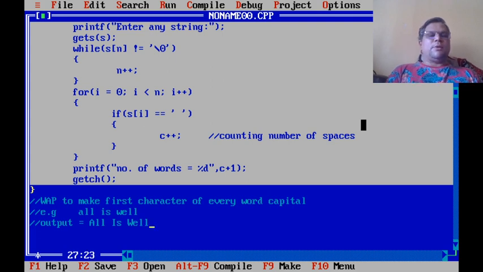So it should come like this. First character of every word you need to convert to the uppercase character, right? So this is your second worksheet problem. Write a program to make first character of every word capital. So I hope you will be able to perform this operation, right?